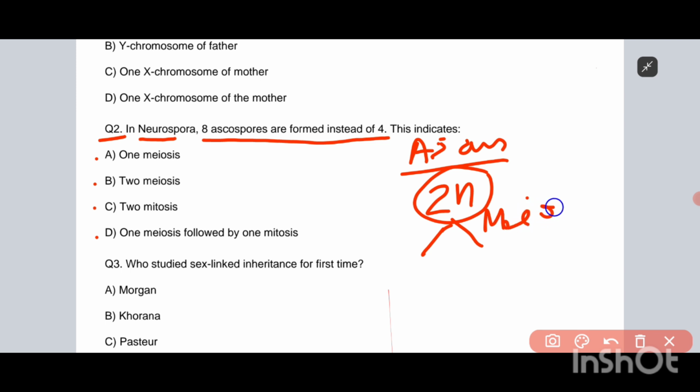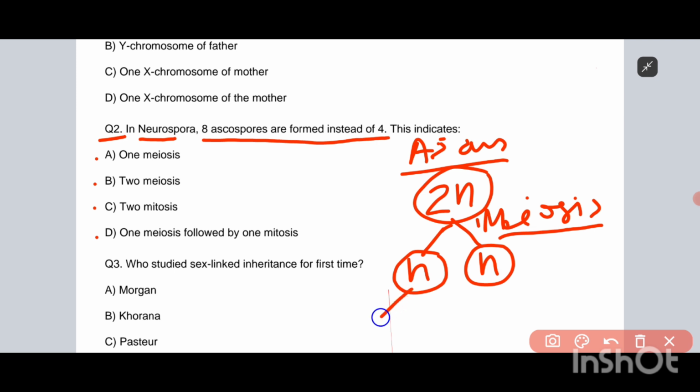First it goes into a meiosis division, one meiosis, and as we know, meiosis is a reduction division. So the diploid condition converts into 2 haploid cells,